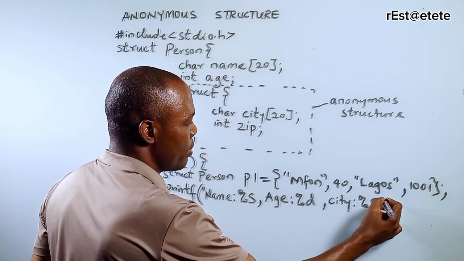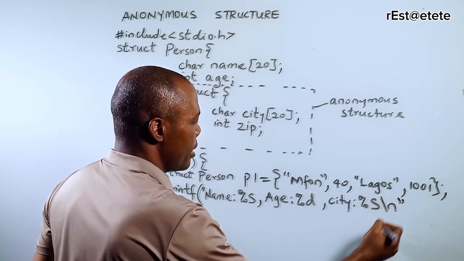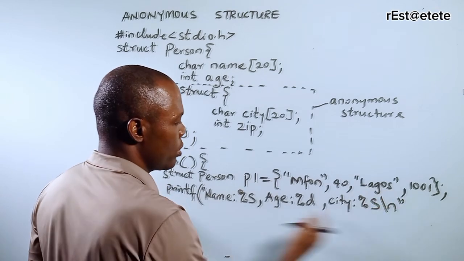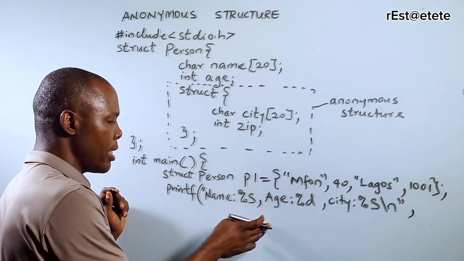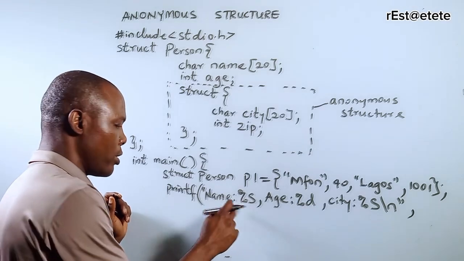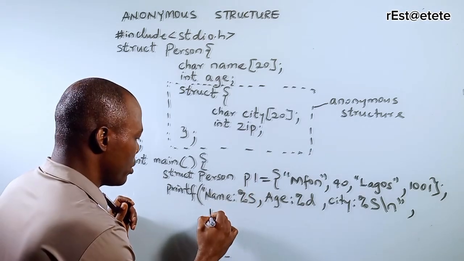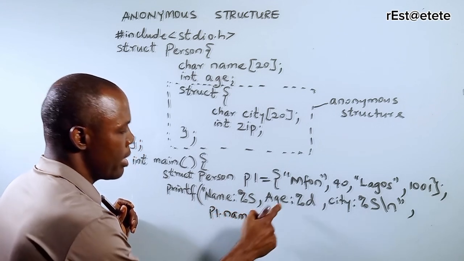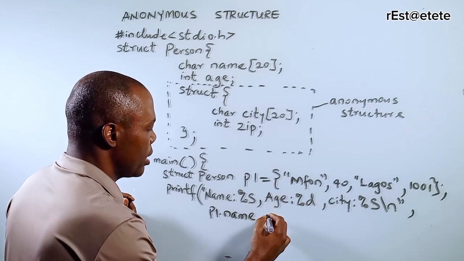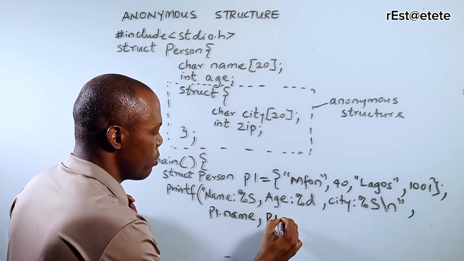Let's pull out only that one, \n, then quote. So this quote and this quote covers. Then comma, what should be there? I'm going to write it here. So for this expression, what is it? P1.name, comma. For this expression, age, so P1.age,